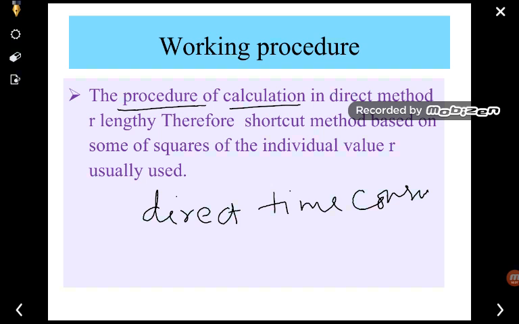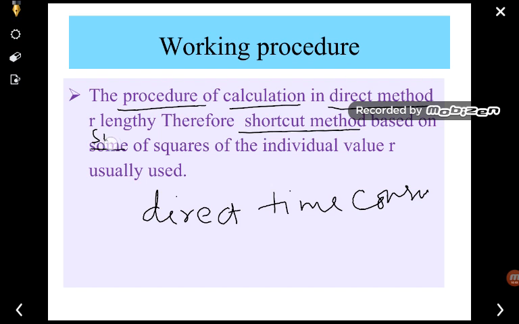So this method is not adopted in the case of ANOVA. Instead of the direct method, a shortcut method is applied. Therefore, a shortcut method based on sum